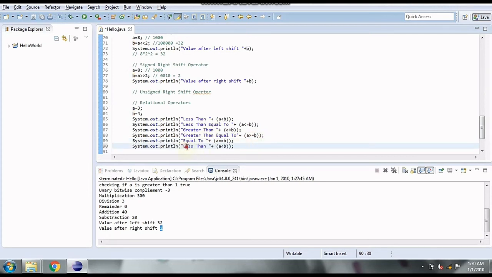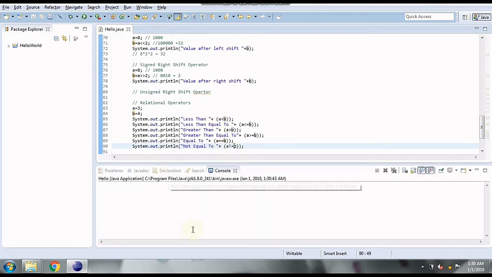And then we have not equal to. We can write it with exclamation and equal to, that is not equal to. And it is going to print true or false depending on whether the condition is satisfied.